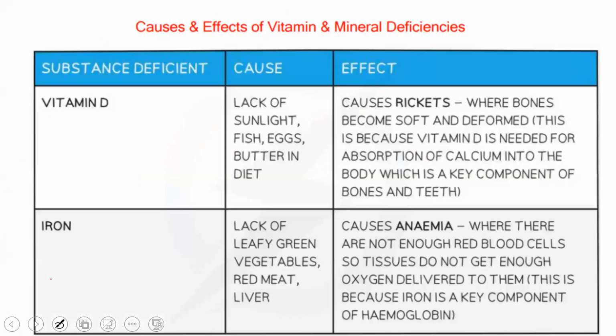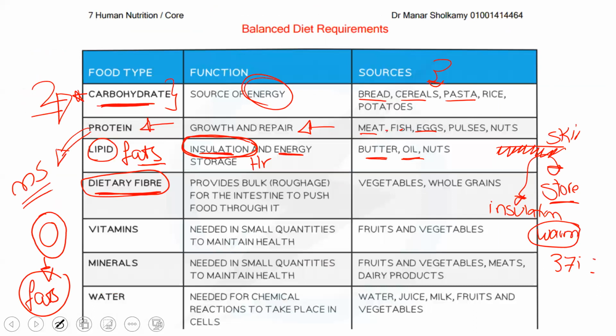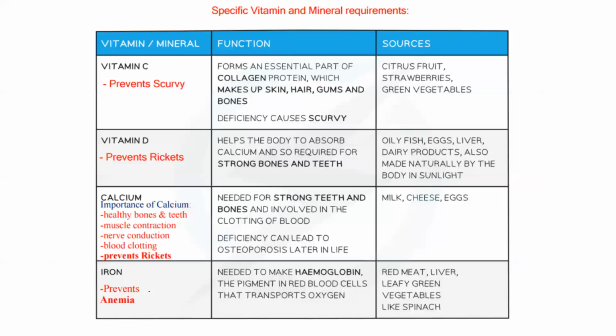So let's go back to talking about food. I hope fiber is clear now. Fiber is found in all food that is related to plants because fiber is in the cell wall of the plant that we cannot digest. Fruits, vegetables, etc. And we will talk about those later, vitamins, minerals, and water. Just be patient, okay? Now, let's talk about vitamin C in specific.